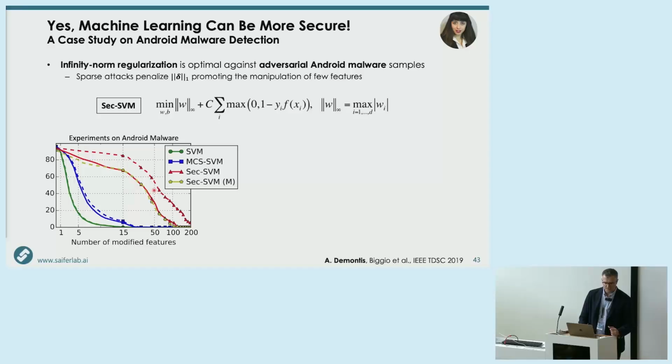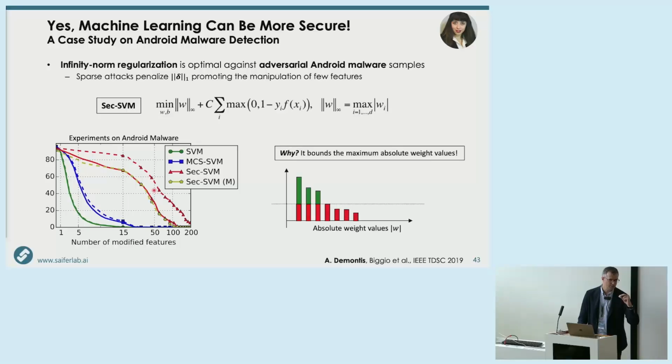What works is really this other strategy. Why? Because in practice, putting a box on the weights means that every weight is now bounded to a maximum absolute value. Imagine that before you could have few weights that have a very large weight. If the attacker manipulates the corresponding feature, then it's enough to manipulate few features to bypass detection, right? But now if every weight has a smaller bound, then I need to modify much more features to get the